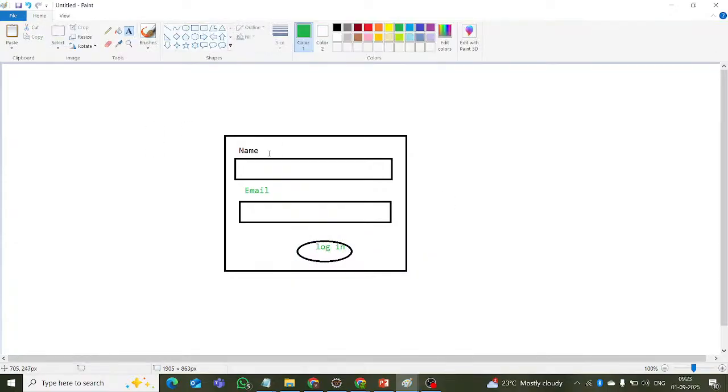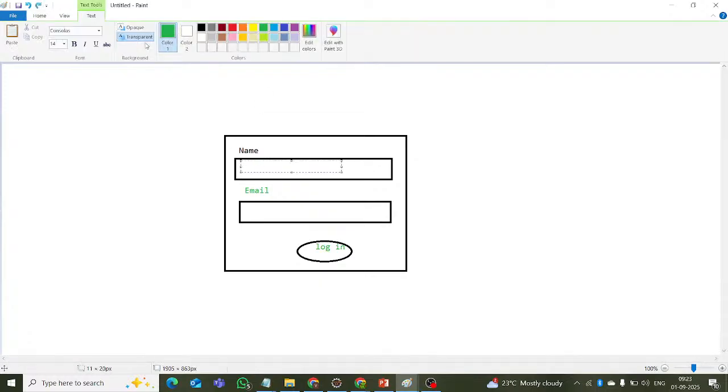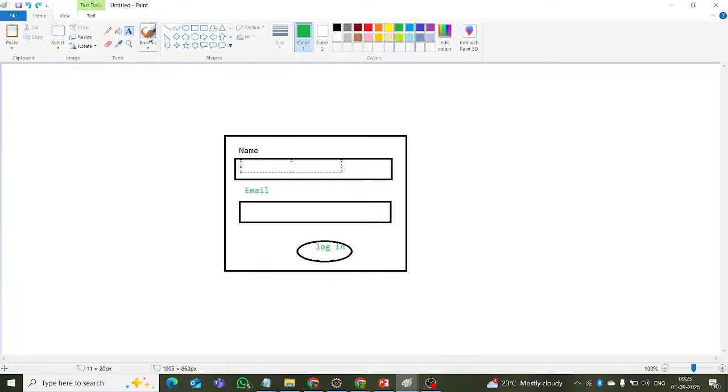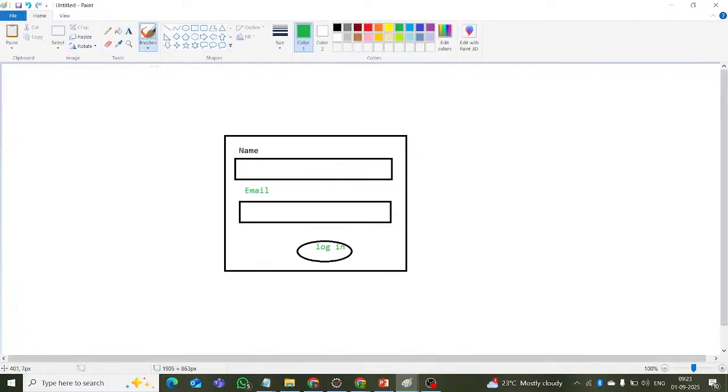Okay. So here, name. If you give some name here, okay, if you give a name here, it will map to the .xml